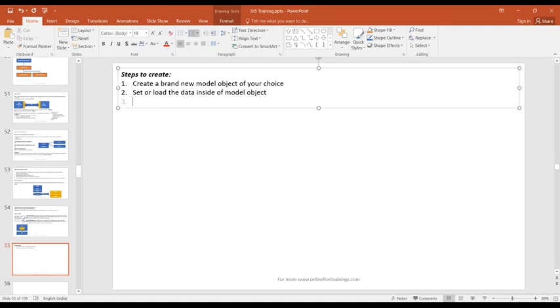Step 3, after setting or loading the data inside a model object, make the model aware to the application. Last step, use the model data with the help of